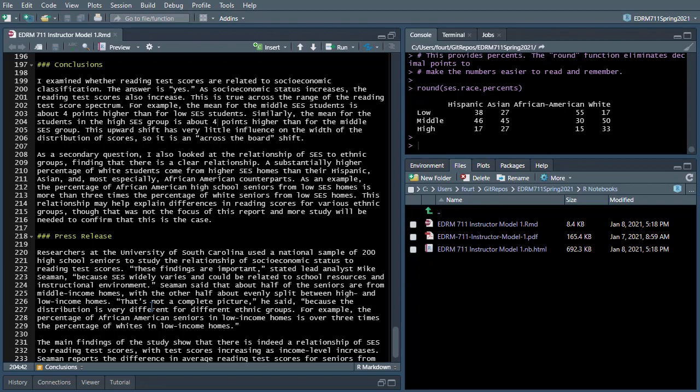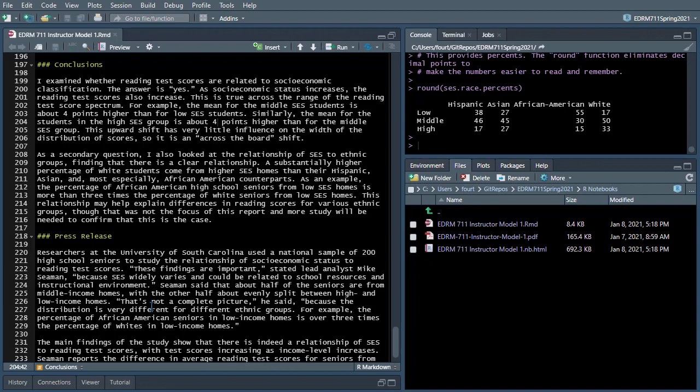I examined whether reading test scores are related to socioeconomic classification. The answer is yes. As socioeconomic status increases, the reading test scores also increase. This is true across the range of the reading test score spectrum. For example, the mean for the middle SES students is about 4 points higher than for low SES students. Similarly, the mean for the students in the high SES group is about 4 points higher than for the middle SES group. This upward shift has very little influence on the width of the distribution of scores, so it is